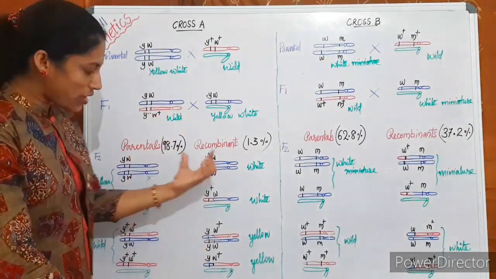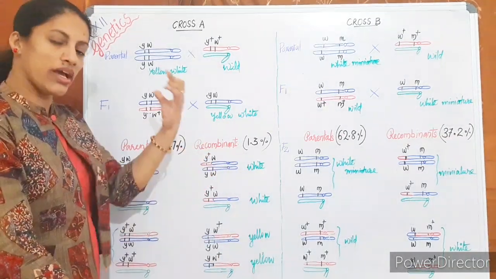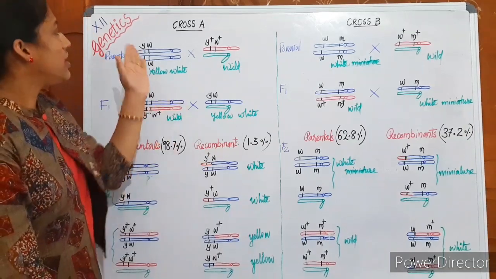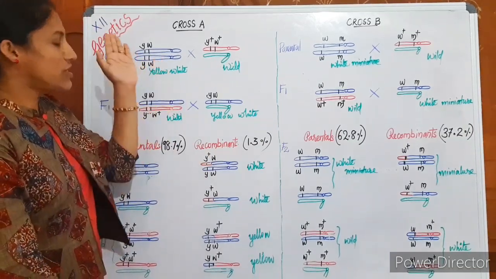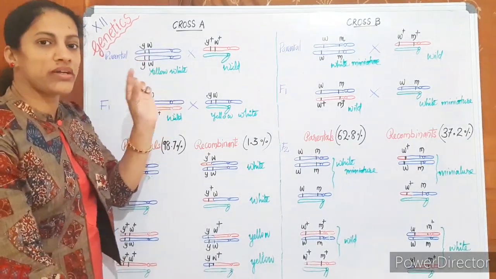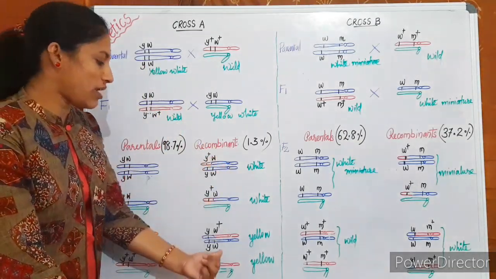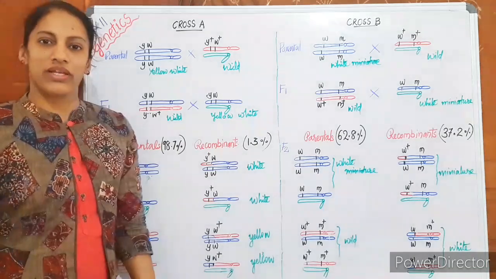Okay, how to work all this out we have already discussed and you are familiar. The only thing, the final winding up: here the genes are closely placed, so the chance of a crossing over which separates the linked genes is less, so the recombinant types are less here, 1.3% only.